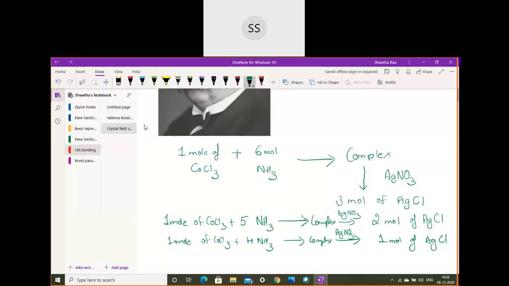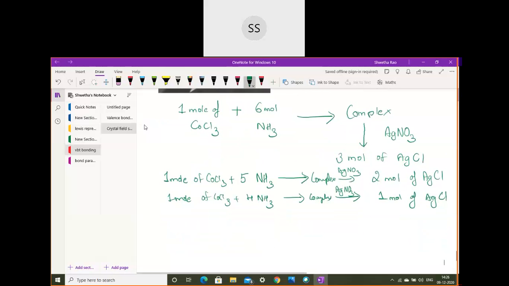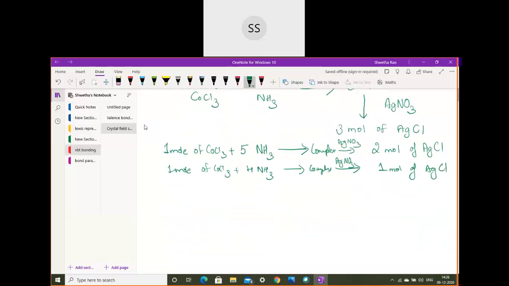With this, what he concluded is that there are compounds in which certain ions and molecules are held tightly, which don't show any answer. Some of the ions present outside get displaced from that compound and start showing the answer. The conclusion of these experiments is given in the form of postulates.